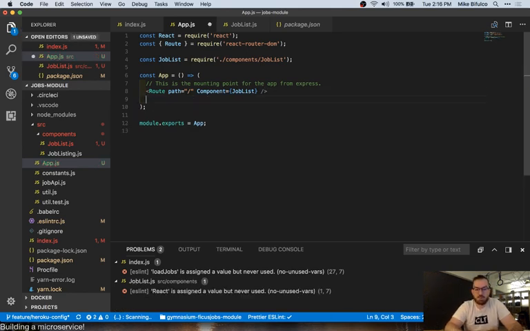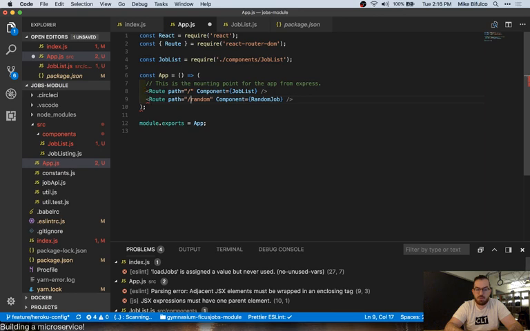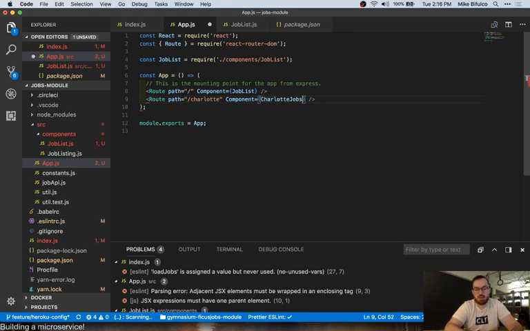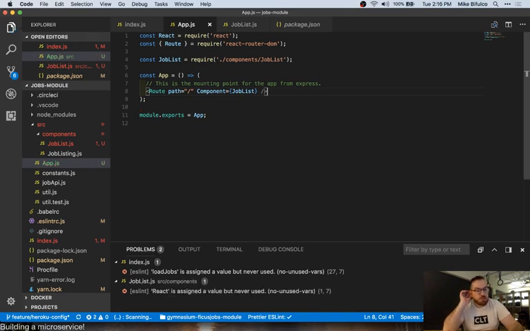Or, for example, if I wanted to have a bunch of paths for, like, Charlotte, I could have jobs in Charlotte, and they would come from something that I'd have to make called Charlotte jobs, for example. For now, we're just going to render our job list component, which will do some of the magic based on the route that's passed into the application here. Wrapping this all in React Router makes some of that matching easier, which is what I'm trying to do here. So